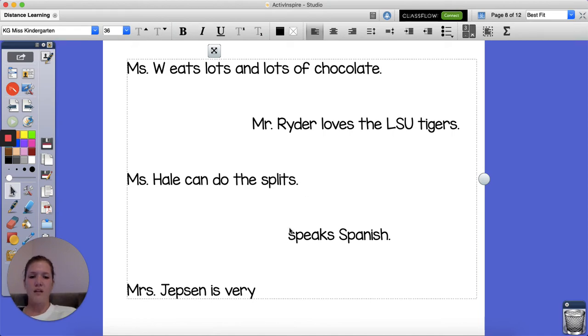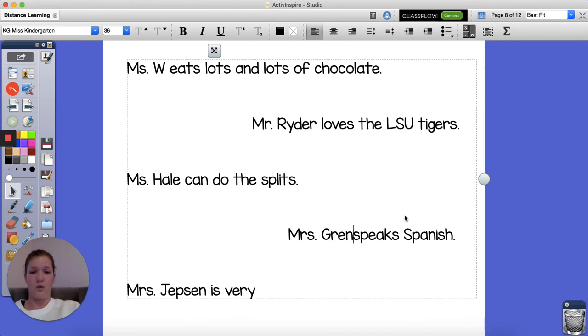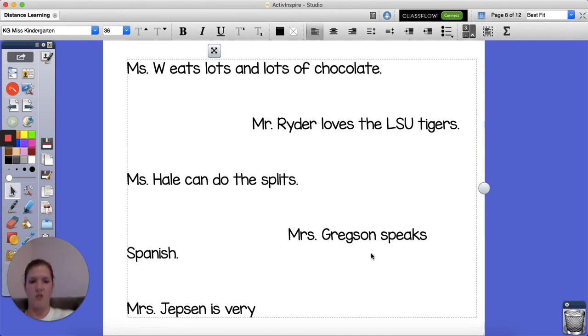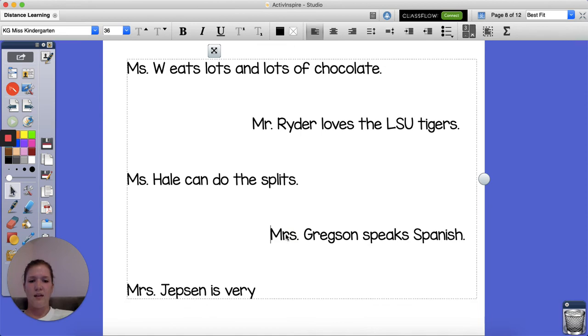Next one, speak Spanish. Who speaks Spanish? There's plenty of people that speak Spanish, but who do we know that speaks Spanish? I definitely know that Miss Gregson speaks Spanish, so I'm going to go ahead and add that. And that makes her my subject of my whole sentence. Miss Gregson speaks Spanish. Who's my subject? Miss Gregson. And what does she do? She speaks Spanish. I also see that I have my capital letter, I have my period, and I have my